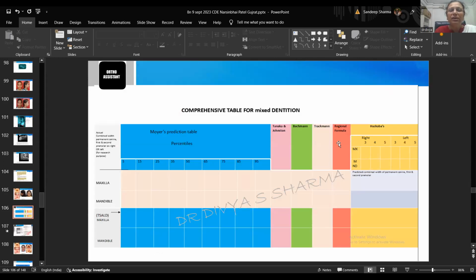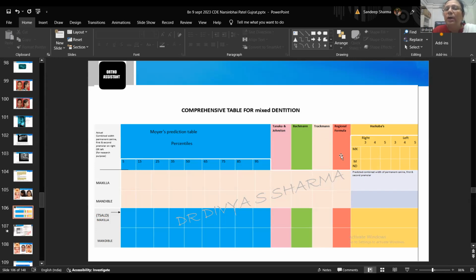Here, this is a new app download form. Here I have given all the percentiles from 5 to 95. You can just fill it up. Which one is closest to your permanent cast? So you have to study your permanent cast first. Then you will know which percentile we should follow. Tanaka Johnson is also given, Bachman, Tractman,